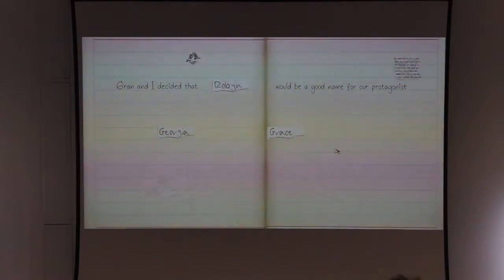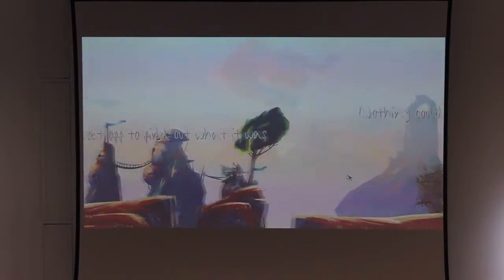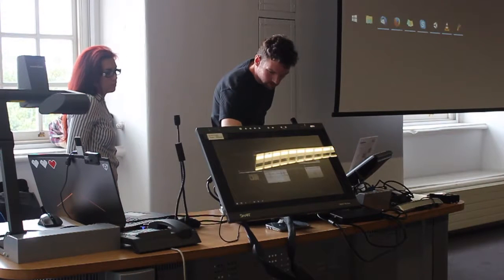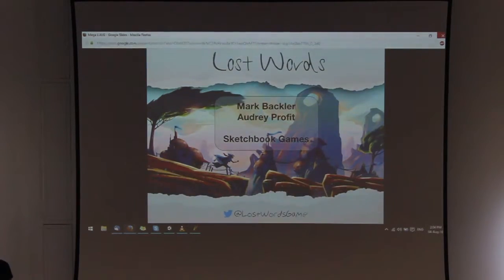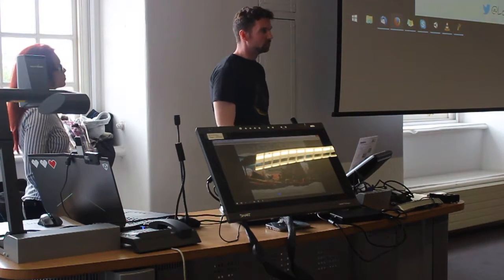You can also make choices by dragging certain words into place. So here, choosing the name of the protagonist that then gets used in the game. Yeah, and there's lots of different ways that you're using the words to affect your environment. So we've now updated the name,